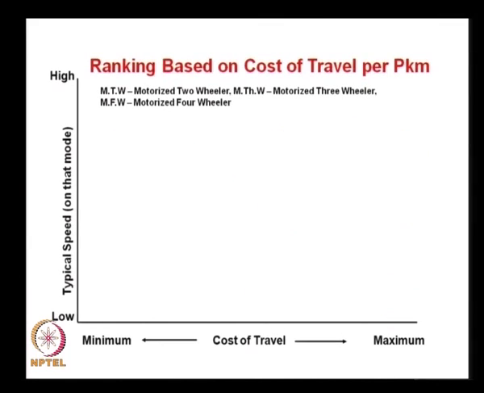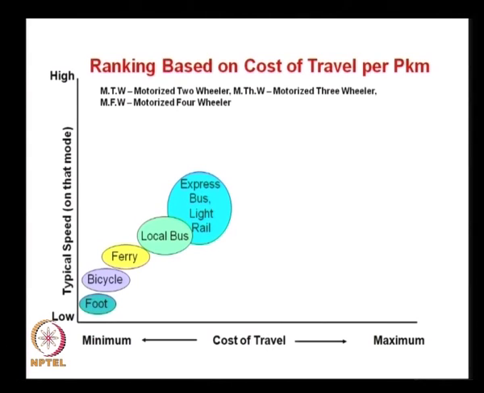Let us try to rank these modes based on cost of travel per passenger kilometer. PKM stands for passenger kilometer. The least expensive mode, where cost is nearly 0, is foot. Next comes bicycle, then probably ferry service, then local buses. Next, express bus, sometimes light rail, commuter rail, rapid transit,